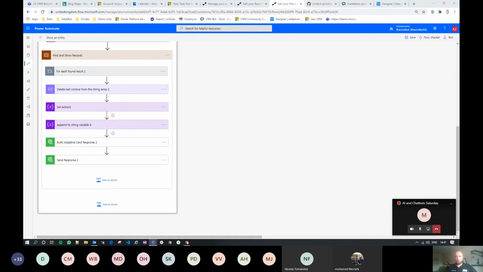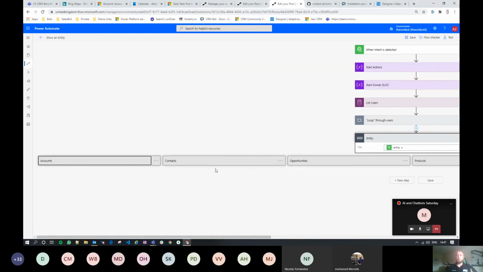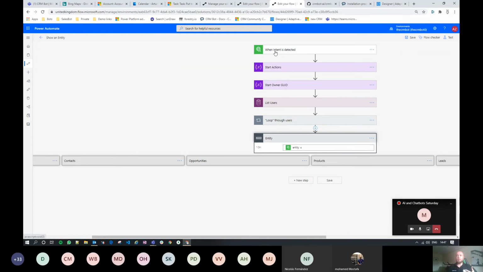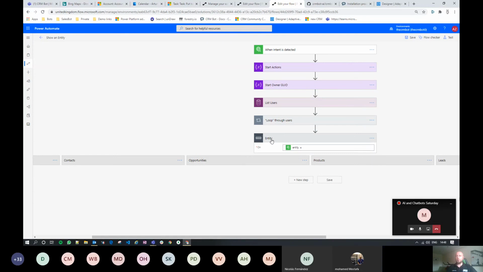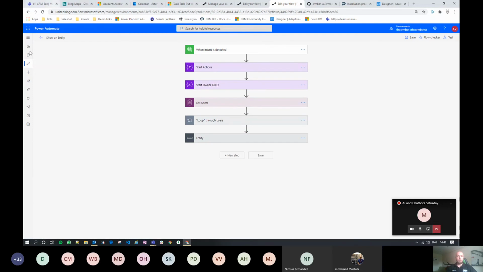Can we surface this in Dynamics portals? Absolutely, yes. You can surface this on any website as long as the platform that you're using is not Teams. This set of flows has been built for Teams. If you want to go above and beyond Teams, then again you just need to get in touch. But I'm hoping that you can apply this in your organizations, have fun with it, and learn a lot about how to build some cool applications. And then maybe that will get your ideas going in terms of what else you can do with it.